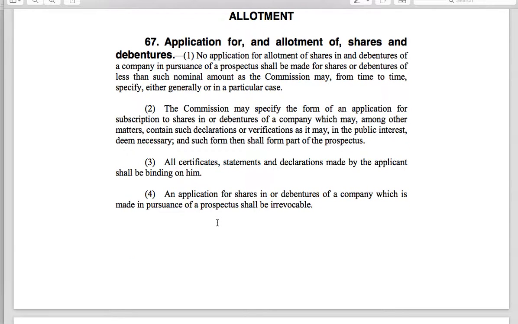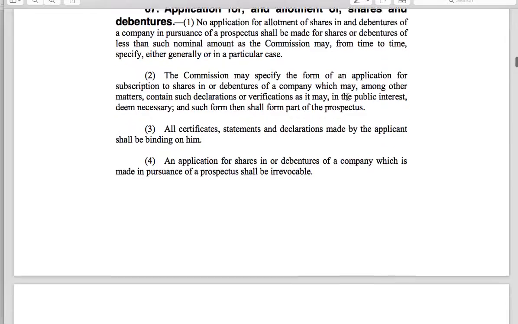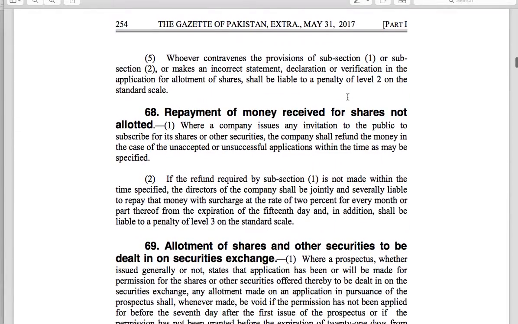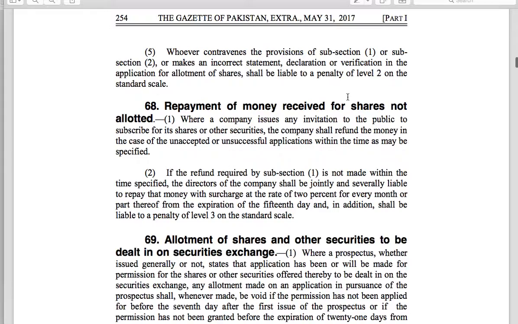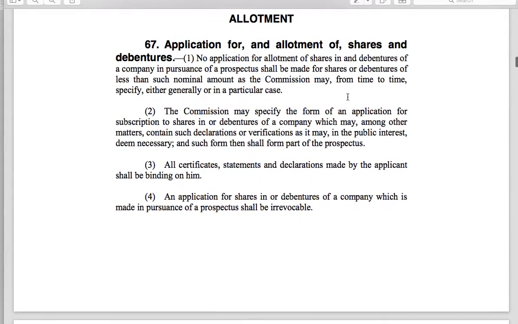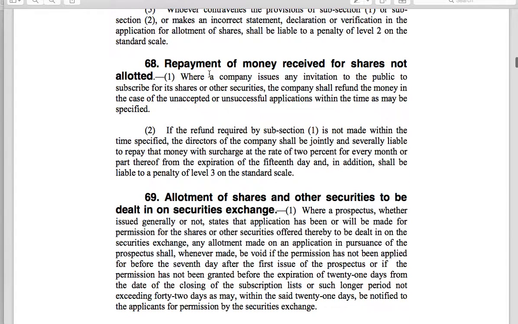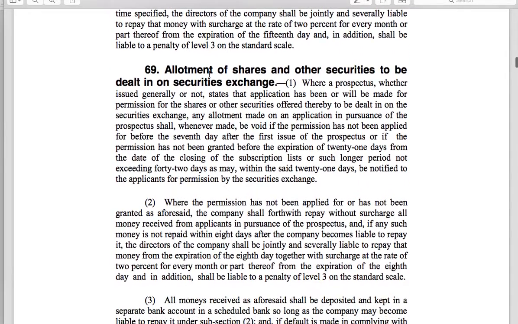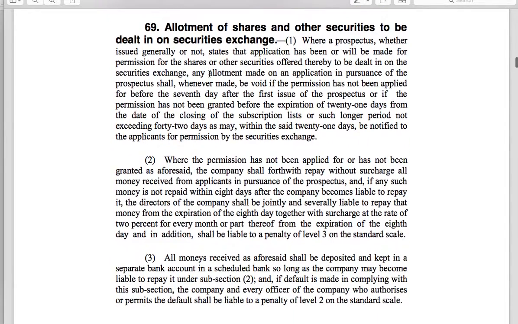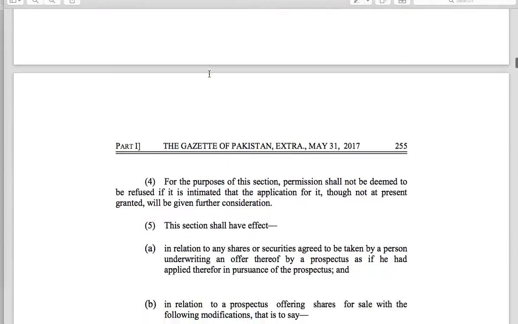Allotment of share is the application of shares in debenture. A company in pursuance of the prospectus shall issue shares less than the nominal amount as the allotment of shares. This is the allotment of shares when you issue prospectus. Those that have successfully bid for those shares get those shares, and the other people who were unsuccessful are repaid their amount. Then allotment of shares and securities, this is related to listed companies whose shares are